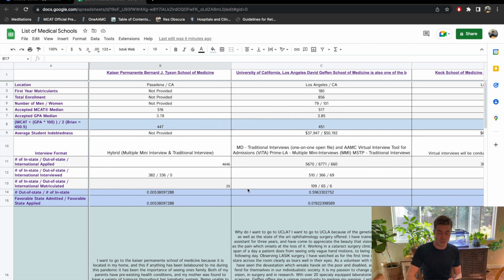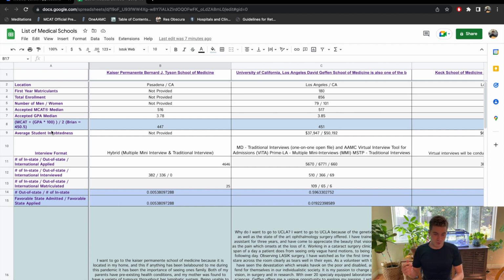I got this actually from an optometry school. UC Berkeley does this for their applicants. And I think a lot of medical schools are comparing these just in the same way. So what I did, and I suggest you do, is you take your MCAT, you take your GPA, and multiply it by 100 in order to get that into a similar range around the MCAT, right? The MCAT is 3 decimal places. You want to get that into the same region, so you have your